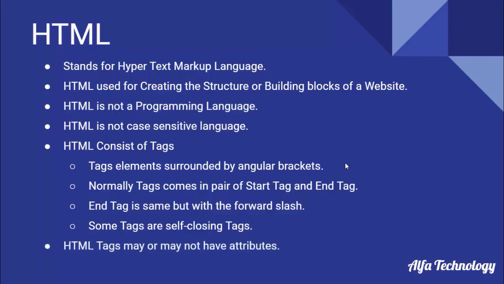After that, HTML tags may or may not have attributes. Attributes are special properties related to the HTML tags. So every tag will have its own properties. We will talk about them in this video. HTML is also used to link multiple web pages. Like you have seen on a website, we can click on the home page or about page, and we will be redirected to that page. So through HTML we can link multiple web pages and navigate through all the pages.